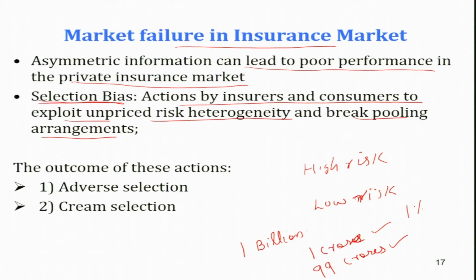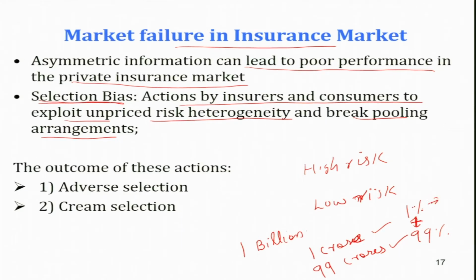So how will an insurance company underwrite the policy? It will be based on this information. Only 1% is requiring hospitalization and the remaining 99% don't need it, right? If they assume that the entire 1 billion population is joining the insurance, they need to pay the claim only to this 1%, right?